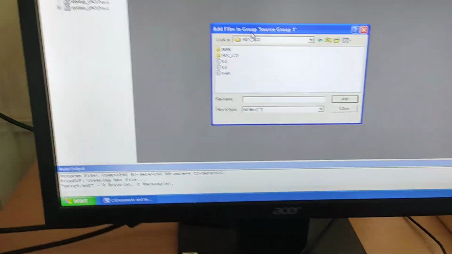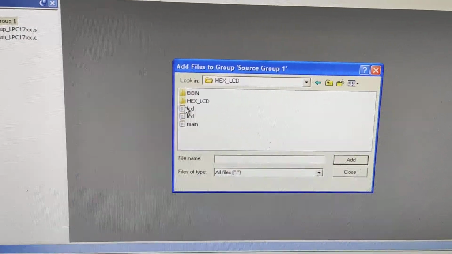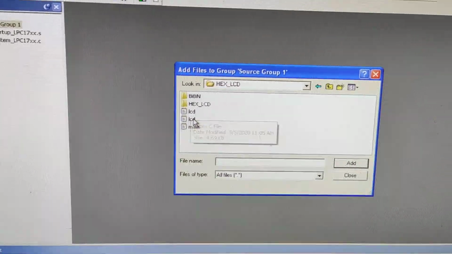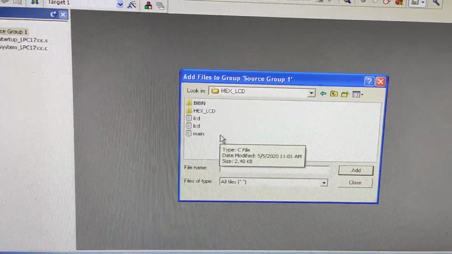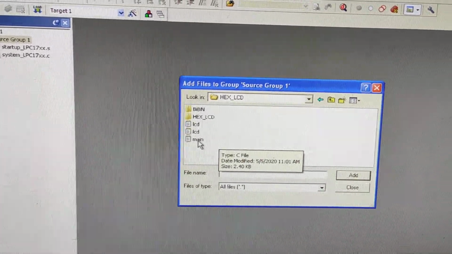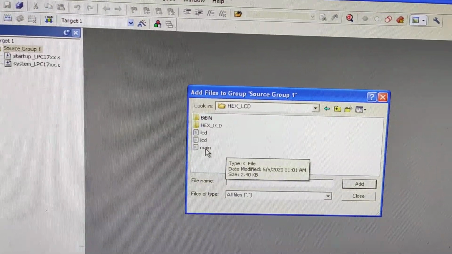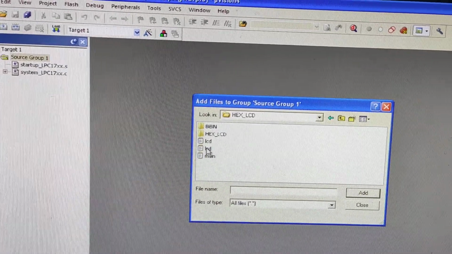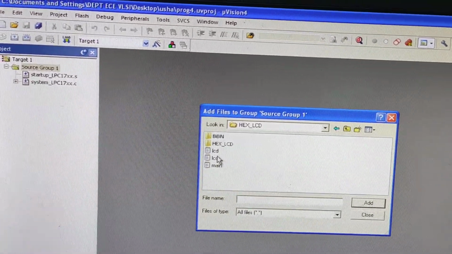To do that experiment, I have all the files which are ready here. There are two LCD files which are mentioned. One is a C file and the other one is a header file, a .h file. The one thing that you have to notice here is, apart from your main program, the actual program you write to interface your hex keypad and the LCD, you are also supposed to add these two files as well. One is the .c LCD file and the other is the .h LCD file.